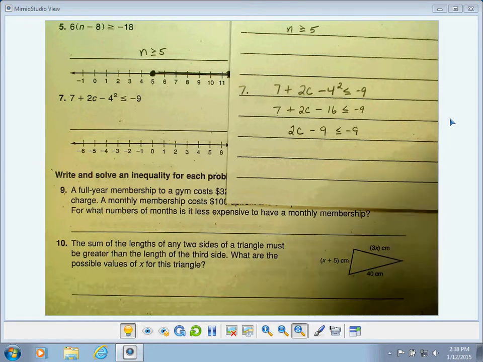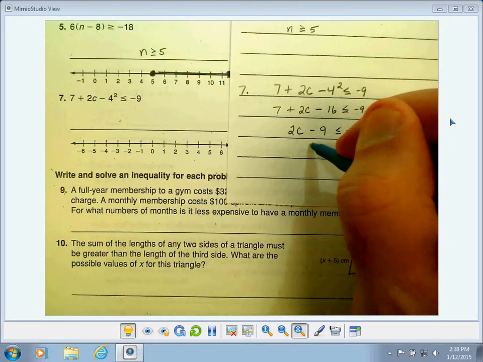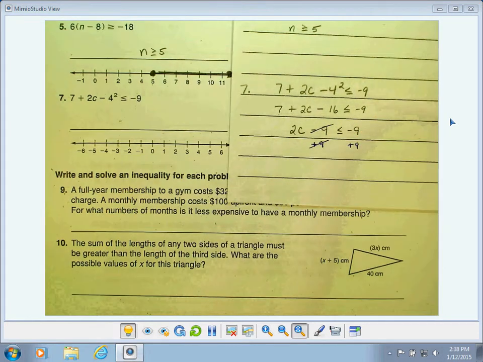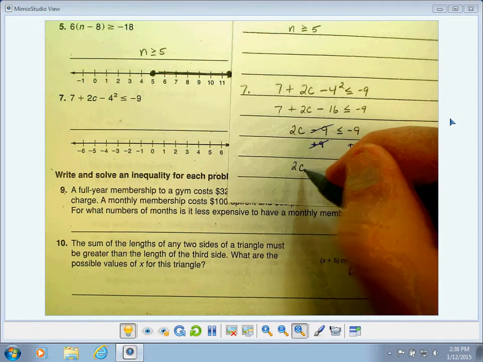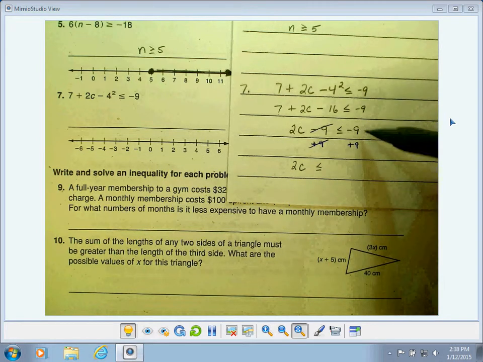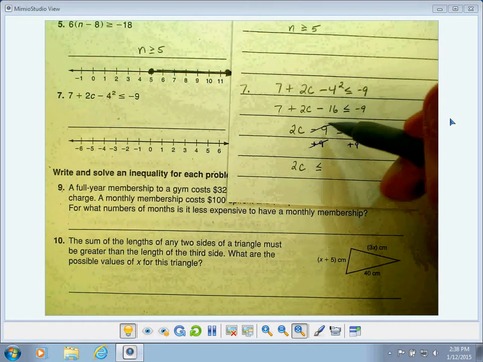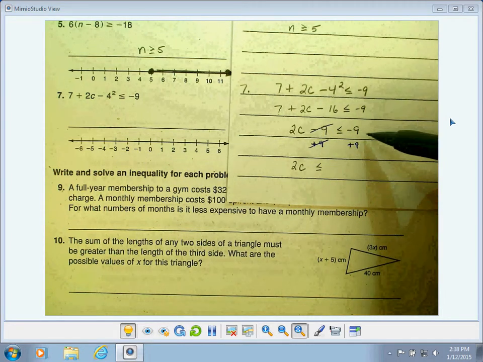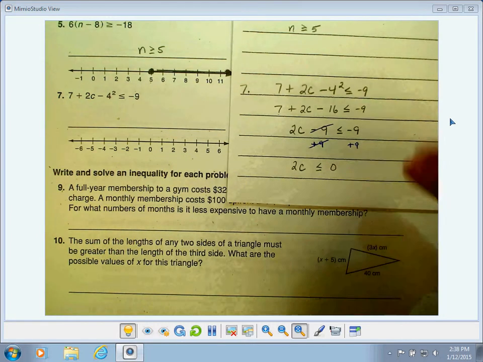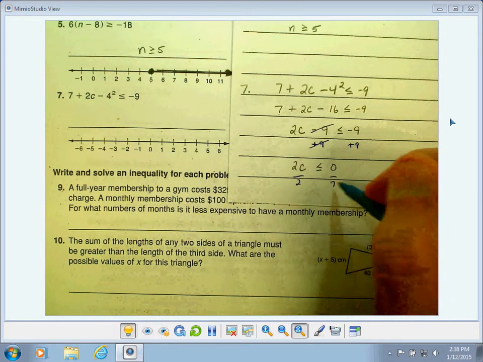In this case, minus 9, to cancel it, I have to add 9 to both sides. So minus 9 and plus 9 will cancel. So that leaves me with a 2c here by itself, less than or equal to. Now here's something kind of weird. Negative 9 plus 9, it's actually like the same thing we did right here. If you start negative 9 down and you add 9 back, you actually just get back to 0. So this is 0. And then if I divide by 2 to get the c by itself and cancel that 2 out,